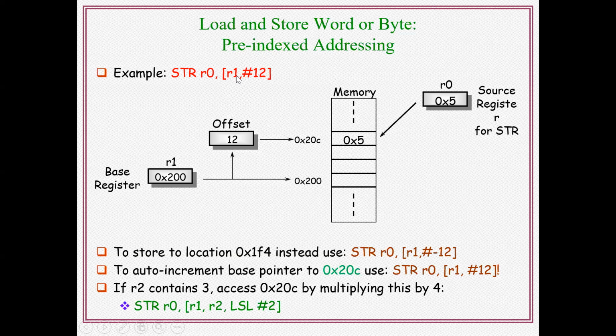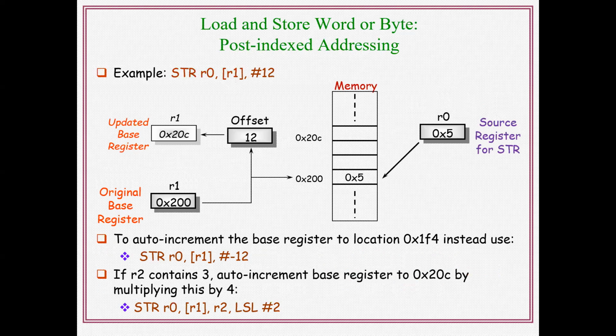Here the operation is first pre-index addressing mode. We know that in pre-index addressing mode, before the operation the address will be calculated. Here also it will be calculated. After that, the operation will be performed. But whereas in post-index addressing mode, if you observe here, the bracket is only for R1. So that indicates that the content of the memory location pointed to by R1 is copied into R0. After completion of this instruction, R1 is updated by plus 12.